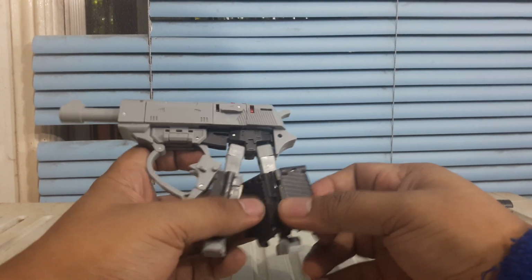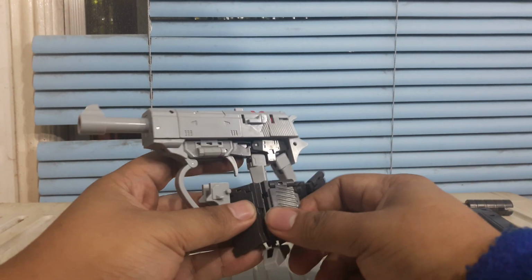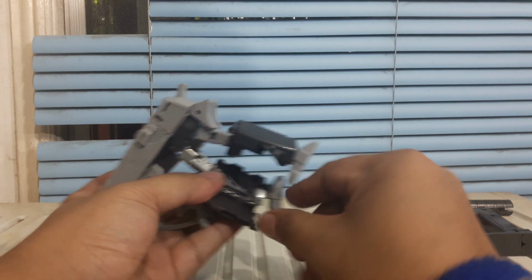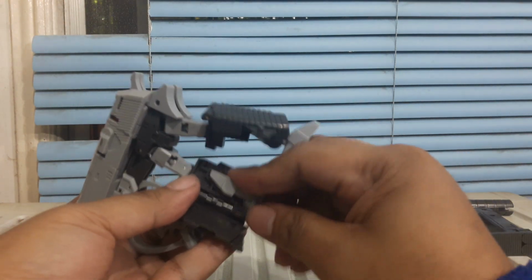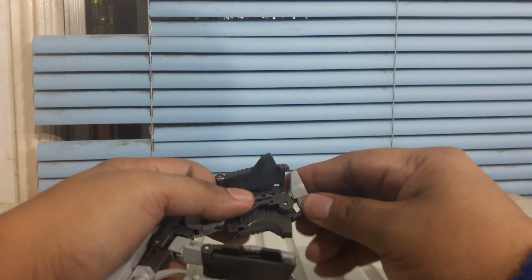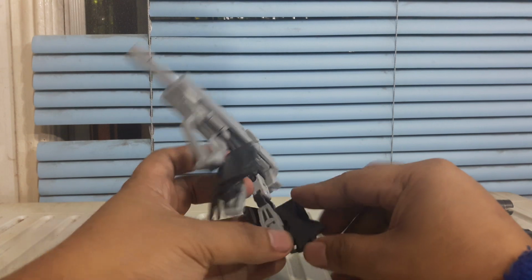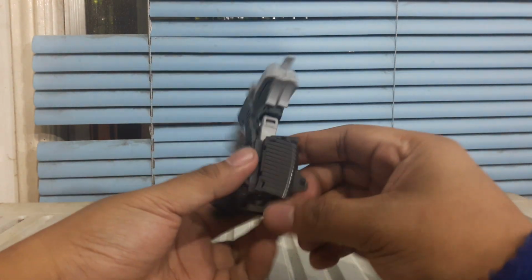So I was scratching my head how to do this, but you have to open these panels like so, and you have to rotate the foot, and there's this space right there. You see that? You're going to just put that in, and it slides flush. Same goes with the other section. Ooh, geez. Let's put that in. Okay, so once you have that in, these things will unfold. It's hidden inside,